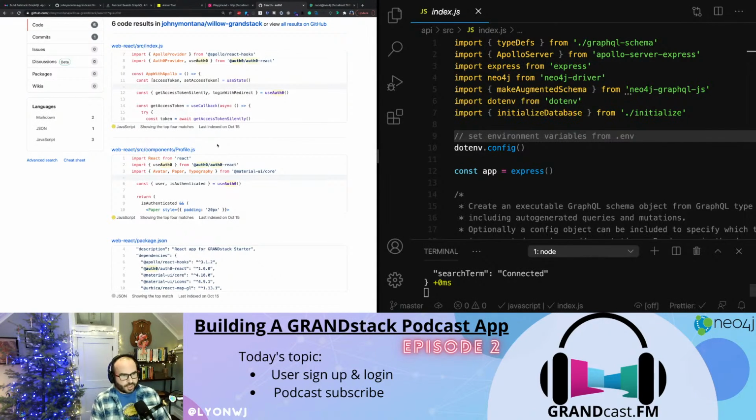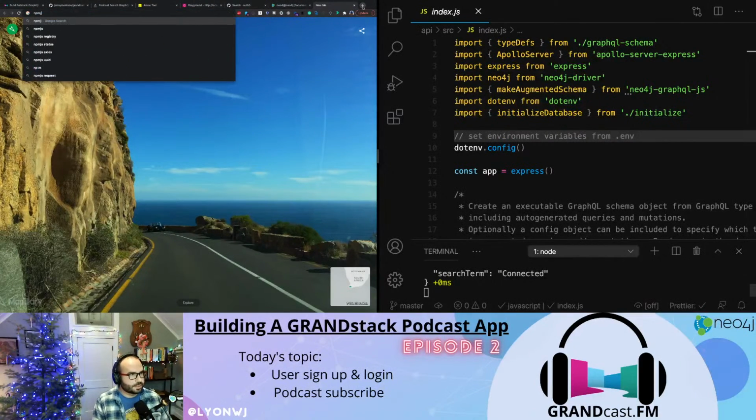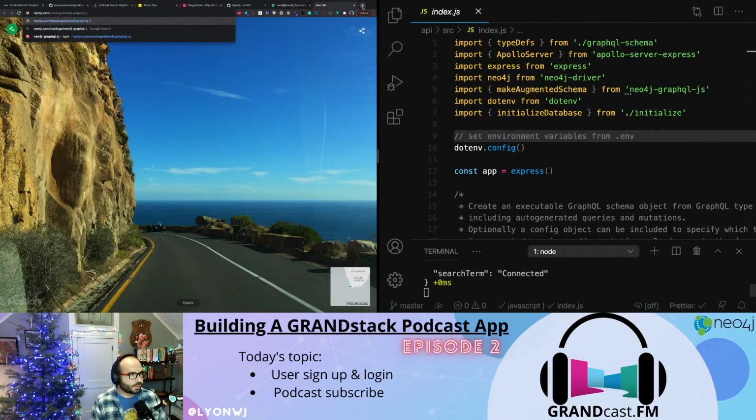That means we're going to have to work a little bit with user passwords and generate our own authorization tokens that after a user logs in, we can then hand to the front-end application so that their requests to the API will use that token and then be authenticated. So we're going to use a couple of libraries to do that. Let's take a look at a couple. First one we're going to look at is